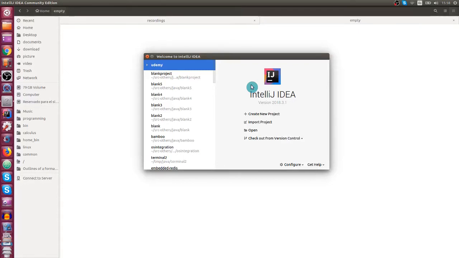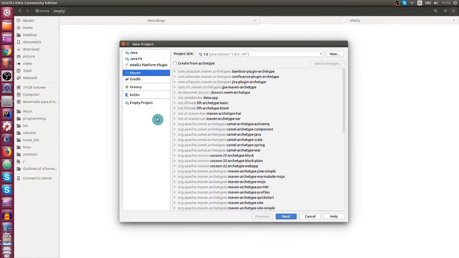Right now we are going to learn how to create projects in IntelliJ and how to manage them. If it is the first time you open IntelliJ, this is the splash screen you are going to see. You just have to hit on Create New Project. Here we are going to use Maven as our project automation tool, and we are going to use the default